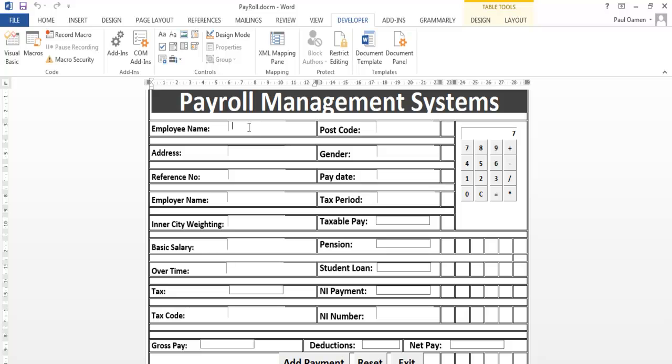So let me start by just entering the name. Let's say, Paul Parker, and address, Town. Okay. Reference will be generated by the system. Then employee name, let's just call that IJ,